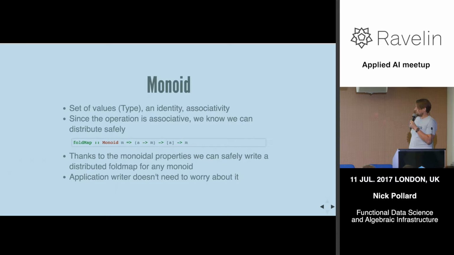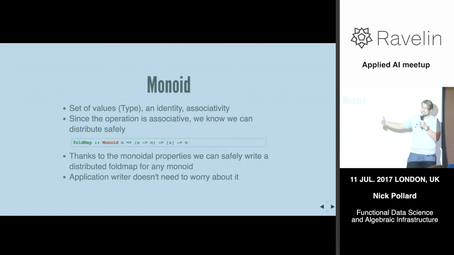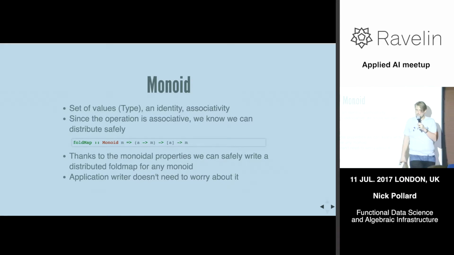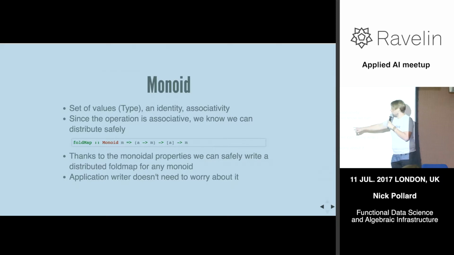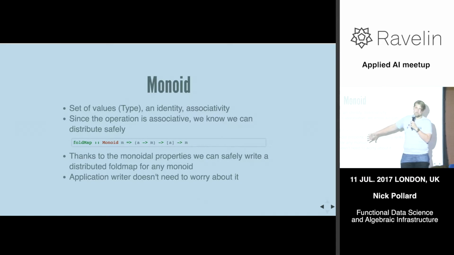So in Haskell, we can have a function like this, foldMap. This is actually a slightly simplified version. But the principle here is that we say this type M has to have the property of being a monoid, which is the part before the equals. And the compiler is then going to check that for us. If we can prove it's a monoid, we can just take our list, apply our operation, and we can safely collate all of them.